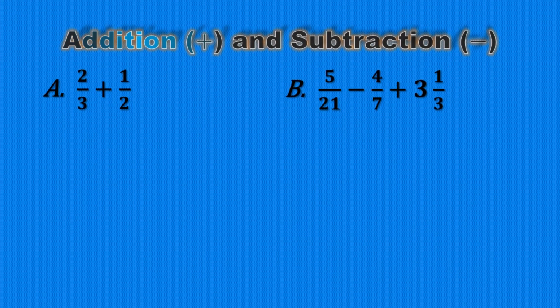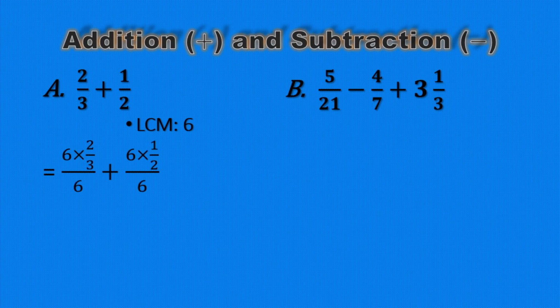But what if the denominators of the fractions are not the same? In that case, make them the same through this process. Example A. The lowest common multiple of the denominators 3 and 2 is 6. This is the smallest number that both 3 and 2 can divide without any remainder. The next step,